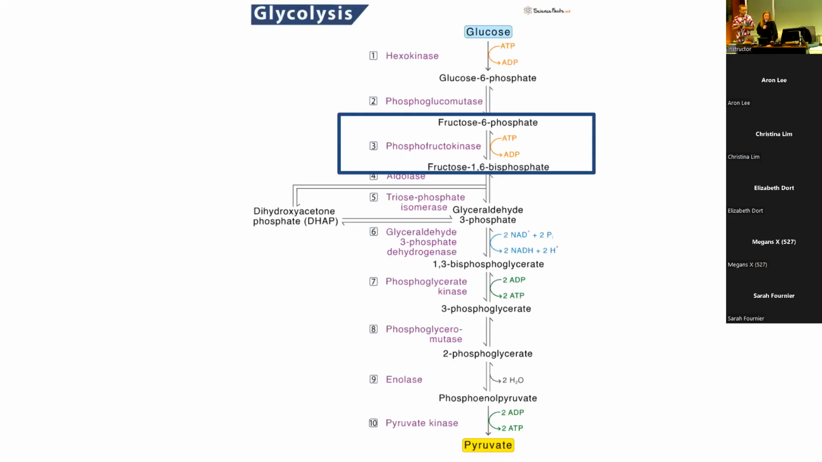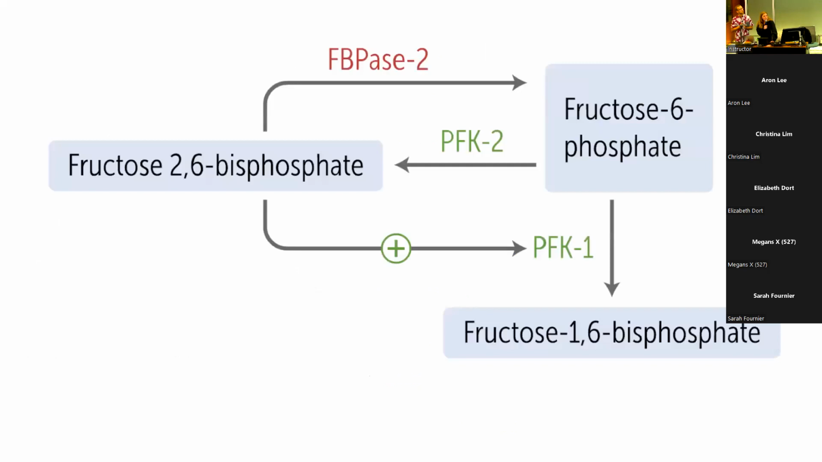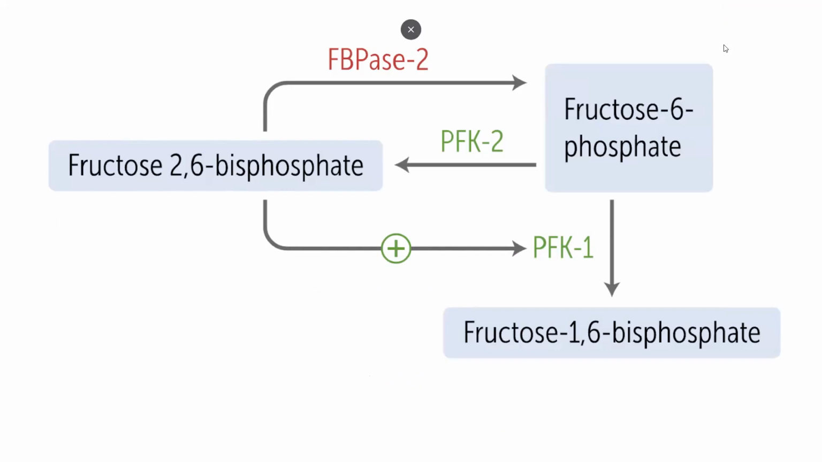So now we're going to talk about this lovely step, which is the best step of glycolysis. It's important for you guys to understand the regulation of PFK1. This is kind of a good slide, but the next slide's a little better. So you have fructose 6-phosphate, a product of glycolysis, and it can either go forward to fructose 1,6 bisphosphate via PFK1, or you